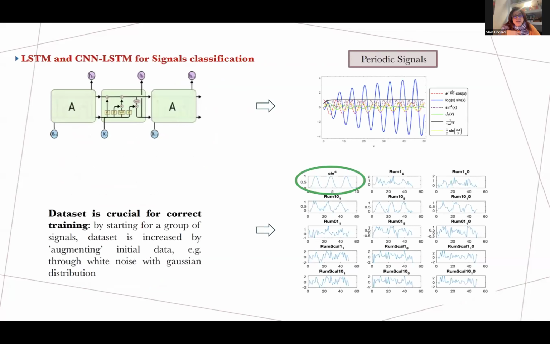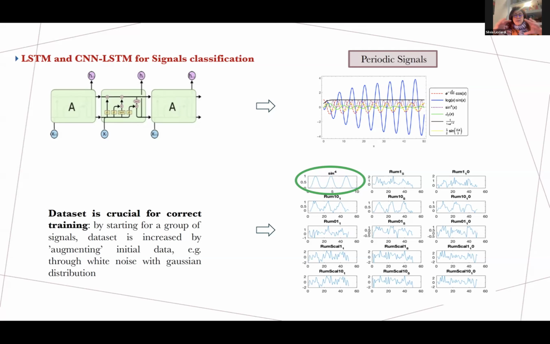For example, I created my architecture. I tested it on periodic signals that I created to control the results, because I know these signals. The signals are periodic or similar to periodic, like for example, sin to 4, Bessel of order 2, logarithm of sin, and so on.